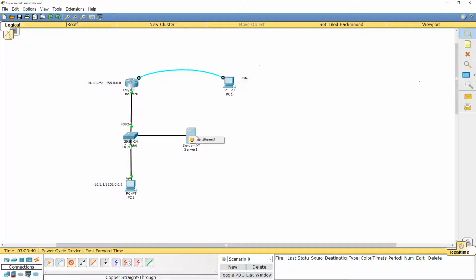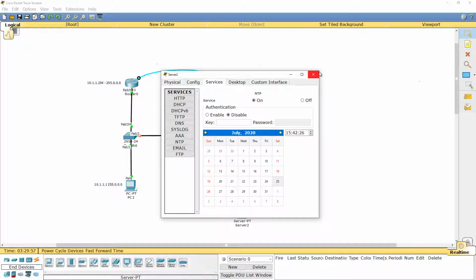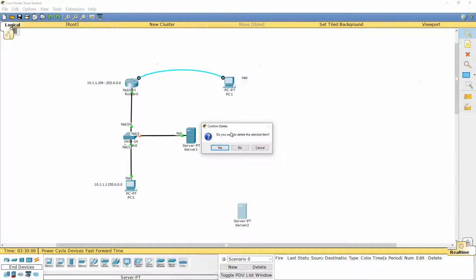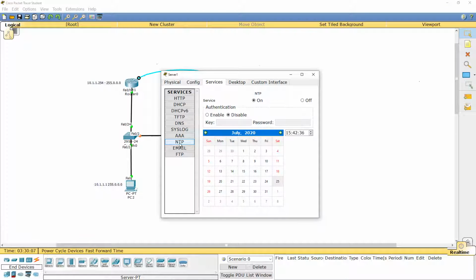Now I'm double clicking this server. Take a server from here, go to the end devices, go to the generic, take that, put the server here, and when you double click that, you will see the services. There are NTP services here. So if you double click that, go to the services, go to the NTP and enable NTP on, and you will see whatever the time clock is configured on my PC, it is collecting from there automatically. Everybody is okay? Server, double click, services, NTP.